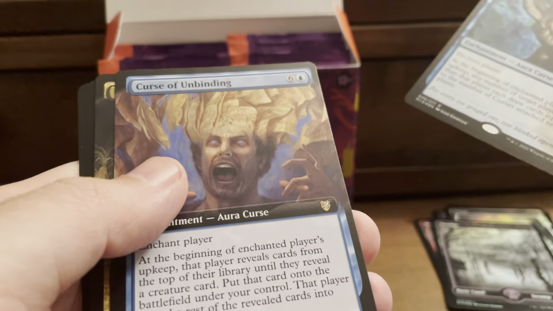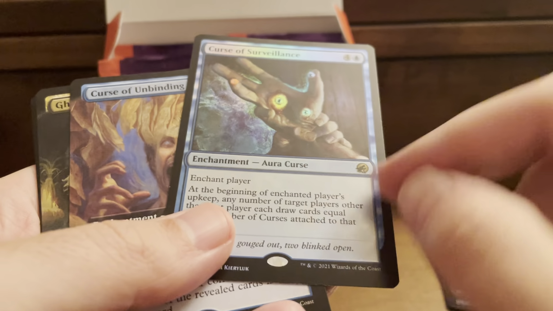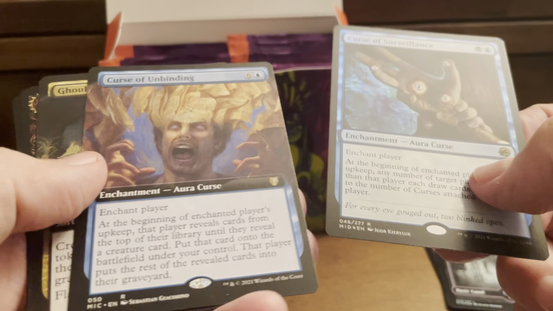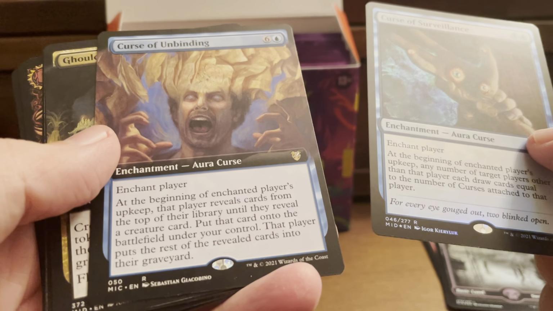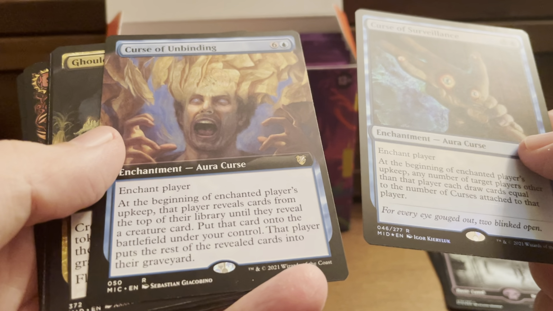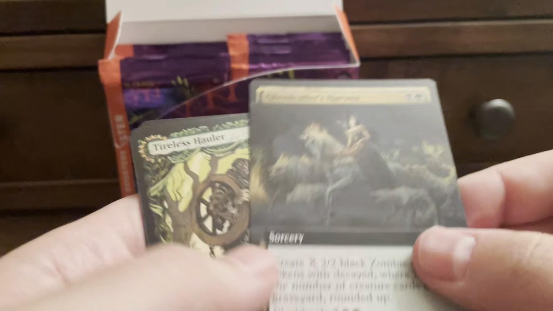Oh, it's a curse. Oh, here's another curse. But this one's standard, and this isn't legendary, so you can put like 4 of them on it. Curse of Unbinding. Enchant player. At the beginning of enchanted player's upkeep, that player reveals cards from the top of their library until they reveal a creature card. Put that card onto the battlefield under your control. That player puts the rest of the revealed cards into their graveyard for 7. So that's a nice...